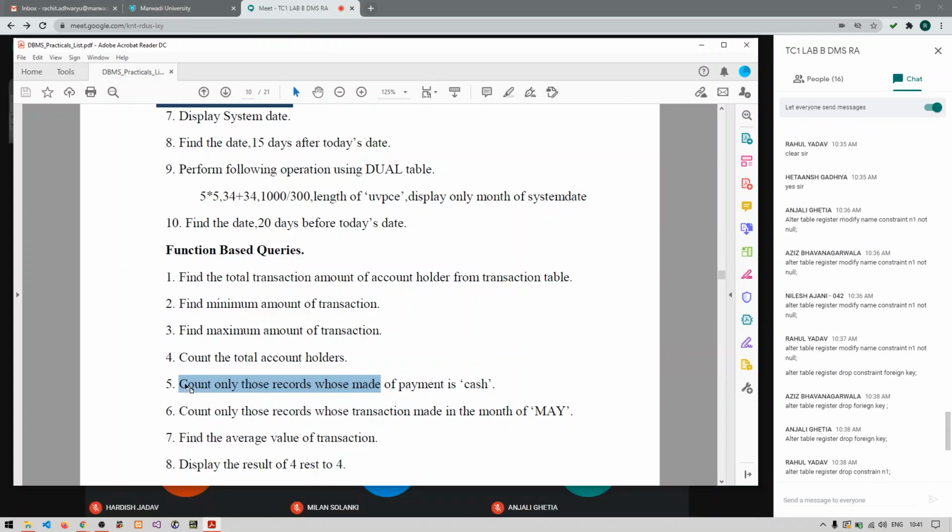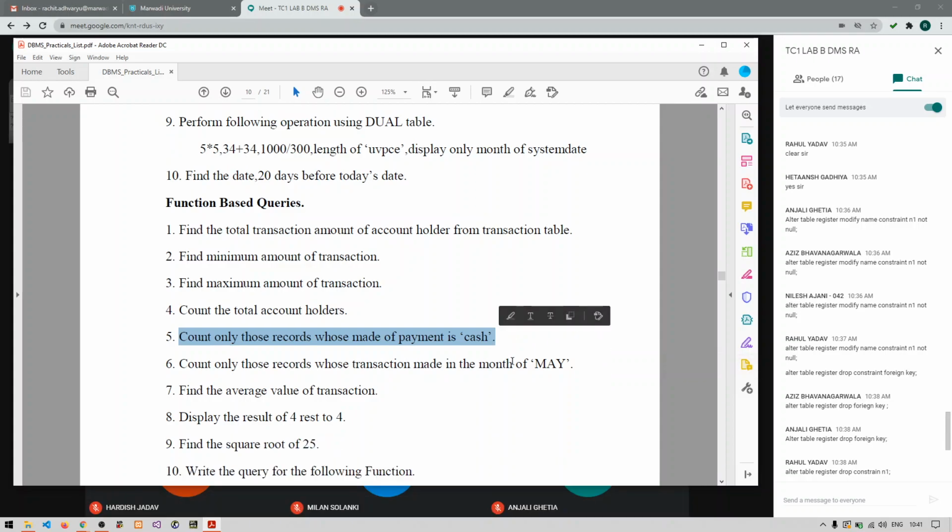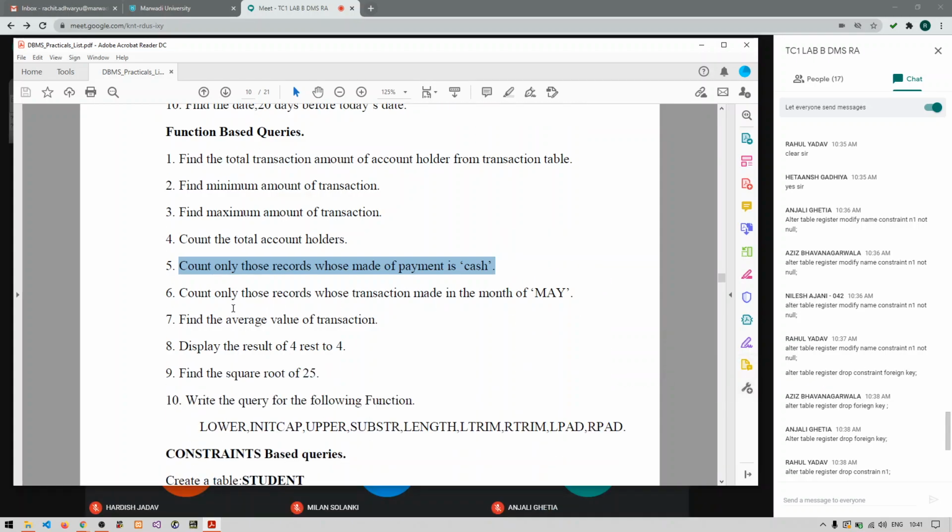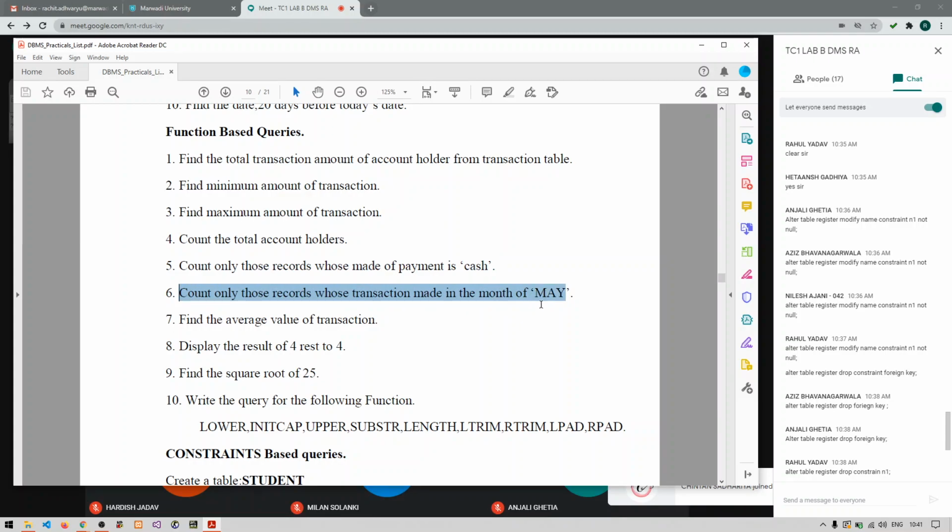Hetansh, query number 5. Count only those records whose mode of payment is cash. Nilesh, query number 6. Count only those records whose transaction is made in the month of May.